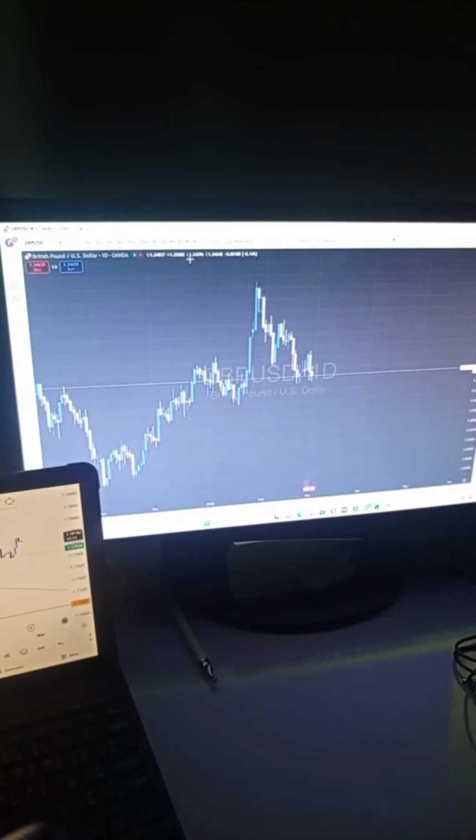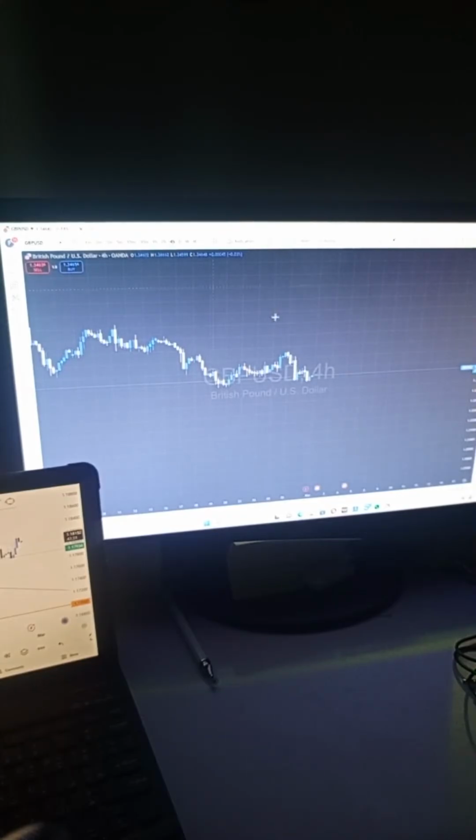So we'll go down to the 4 hours or even 1 hour. You can spot them on any time frame. It works the same. So we'll start with the level